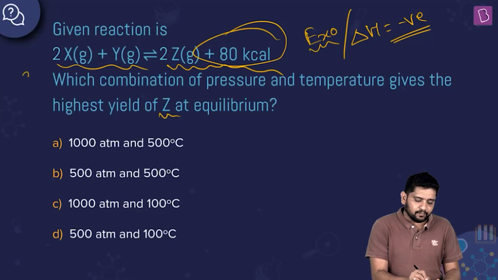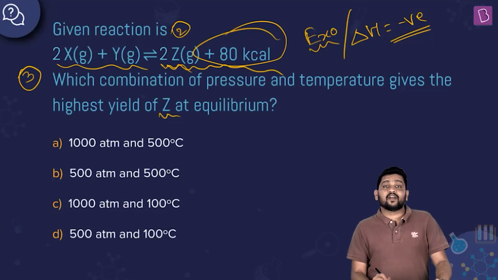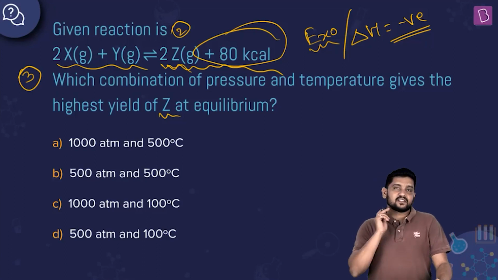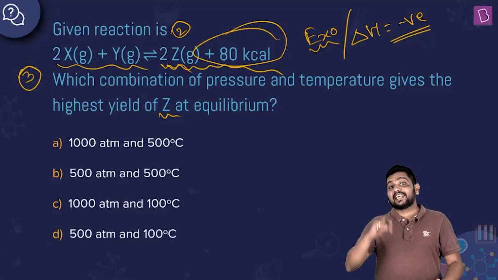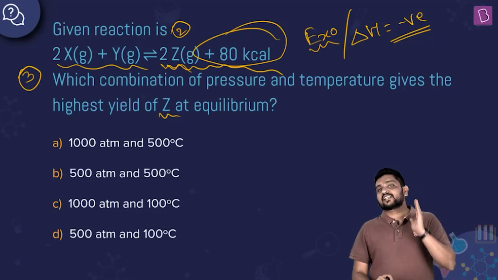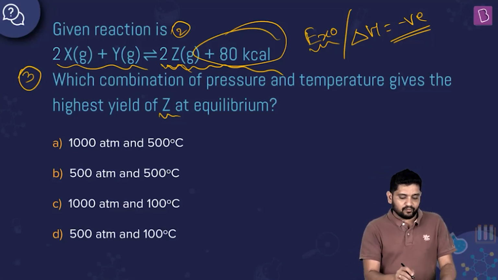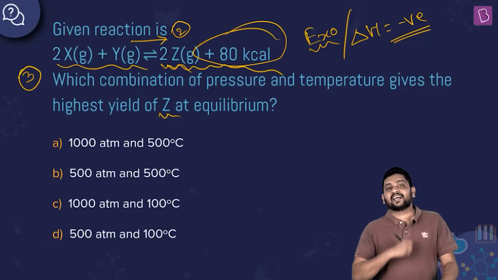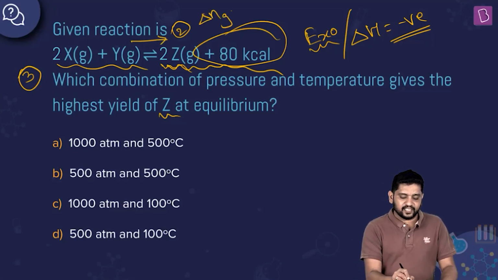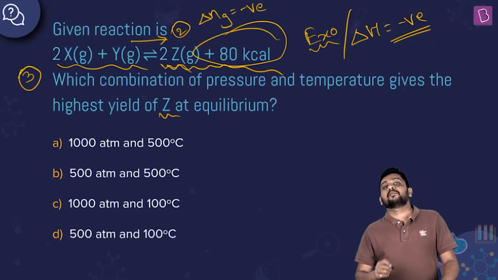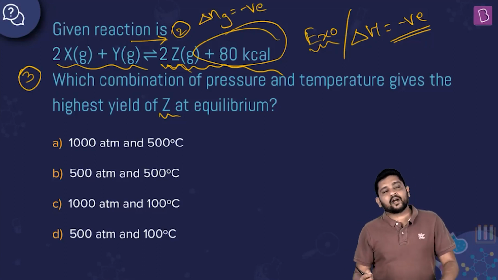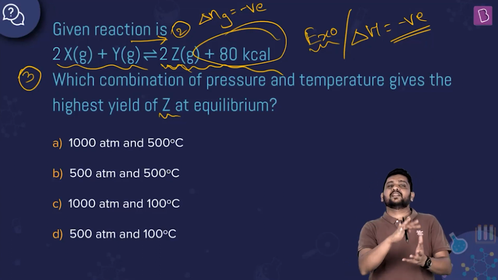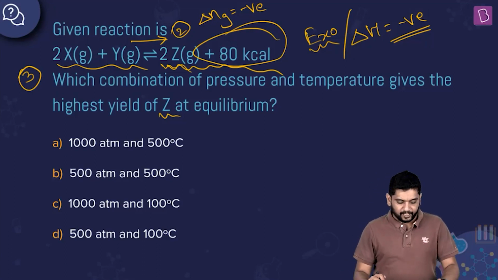You see there are 3 moles of gaseous reactants and 2 moles of gaseous products. So when I am increasing pressure, I know that the system goes in the direction where it can reduce pressure, which is the direction where there is a smaller number of moles. So the forward direction is where there are fewer moles, or you can say delta Ng here is negative. For a reaction where delta Ng is negative, how do I promote the forward direction? By increasing the pressure or by reducing the volume. So what do I need? I need high pressure and low temperature.